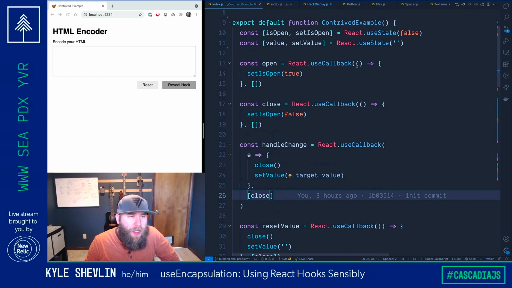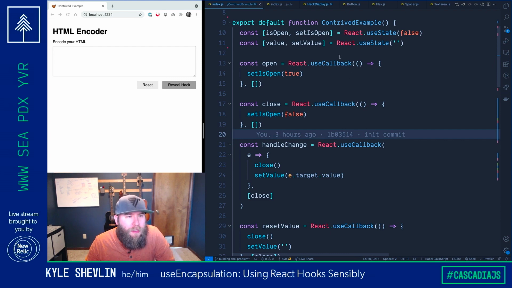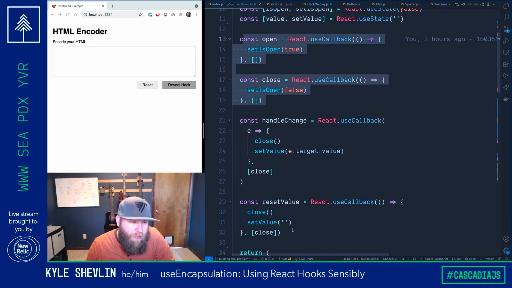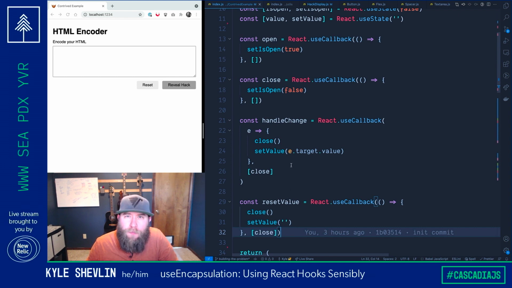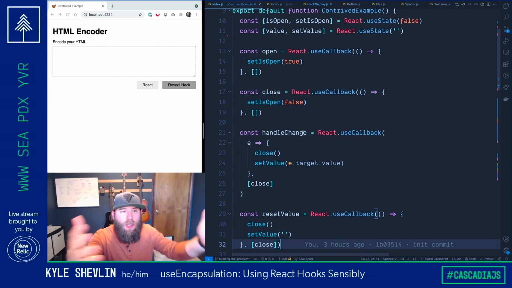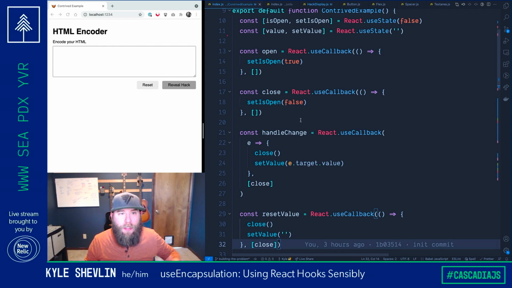If I get in here and I look at this code, if I were to really squint at it, right? Like not try and look too closely, what you would start to see is separation. That's what I see. We have this state setter here, line 10, but its handlers are interrupted by another state on line 11, who's further interrupted by the handlers because they're all the way down here. And there's some intermingling going on. You can see that this is starting to get just a little confusing. Someone has to actually read closely each callback to understand what it's related to. There's really nothing in the code yet telling me like open is related specifically to isOpen other than the names are similar. There's some confusion